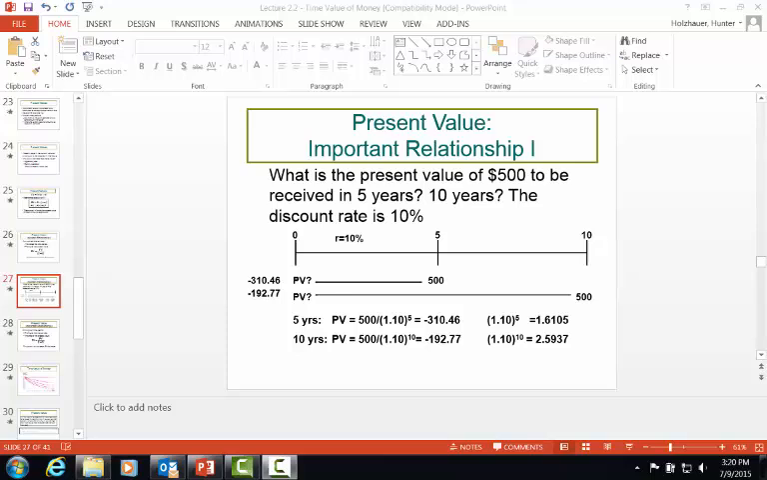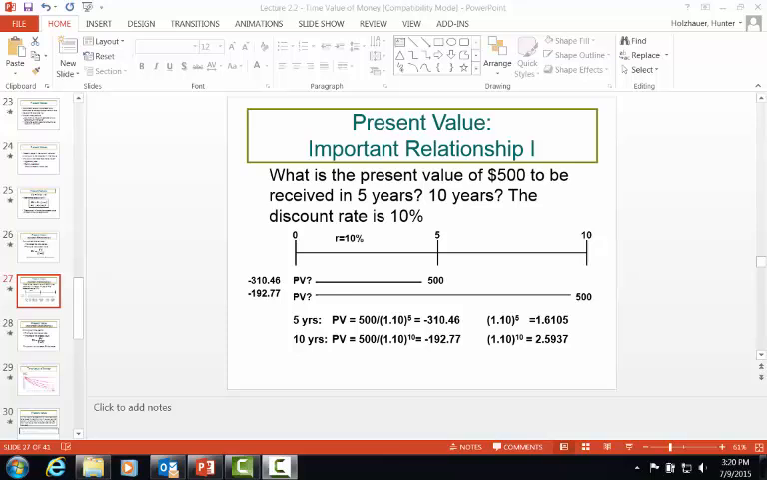So let's move on to the next slide that shows the timeline. Let's take a look at that specifically on a timeline to prove that point. What is the present value of $500 to be received in 5 years, 10 years, using a discount rate equal to 10%? Okay, so if you're going to pay me the $500 back over 5 years with an interest rate of 10%, its present value is going to be